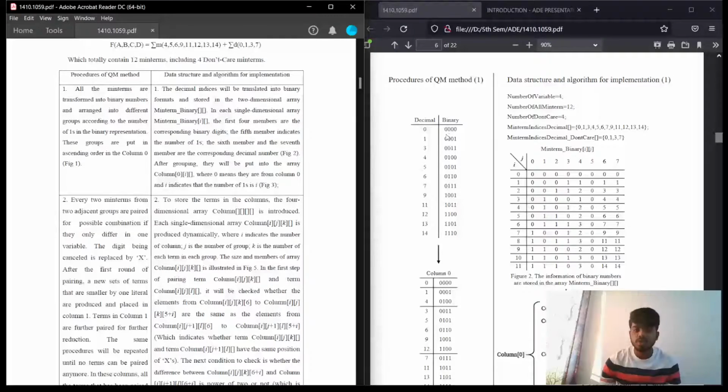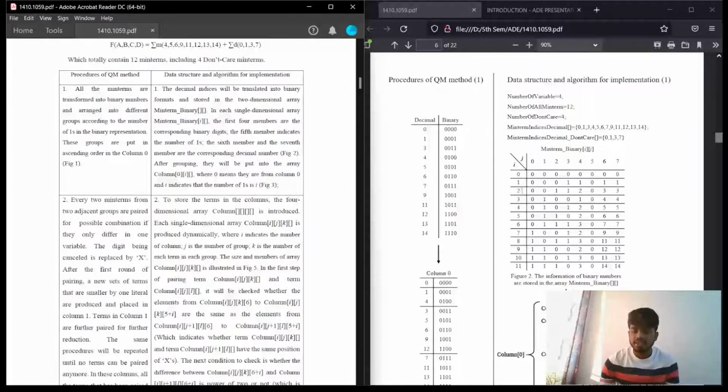The number of ones in 0 is also nothing but 0. So that's the reason in the fourth column it is given as 0, and the rest, the fifth, sixth, and seventh numbers, are the corresponding decimal numbers. So the corresponding decimal number for 0 is 0 and 0. So that's the reason the whole column is 0. And the next thing, let's come to the second part of it.